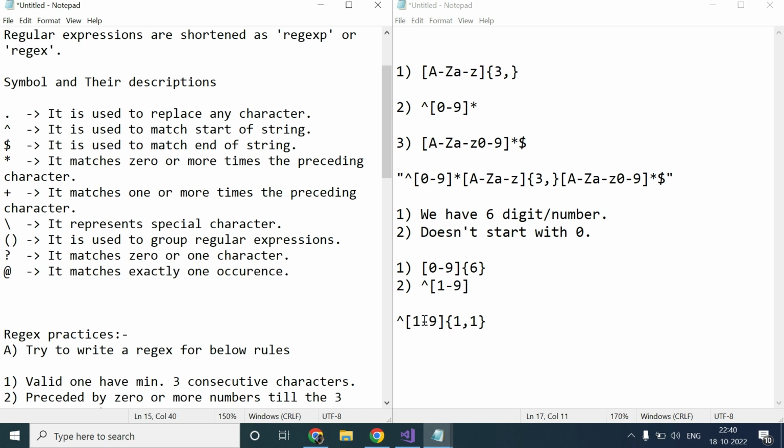So if you want any number to be present exactly once, you can put that, or even if you don't put that, by default, if you are not writing curly braces or occurrence-related things, only one occurrence will be taken automatically. Okay, so yes, we want only one number to be taken out of 1 to